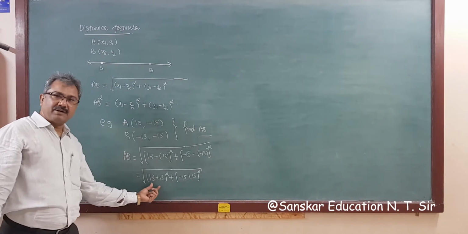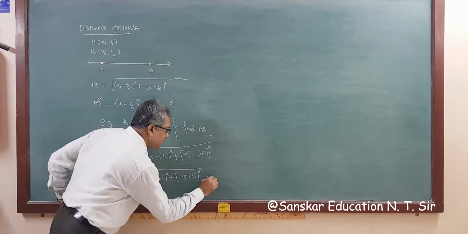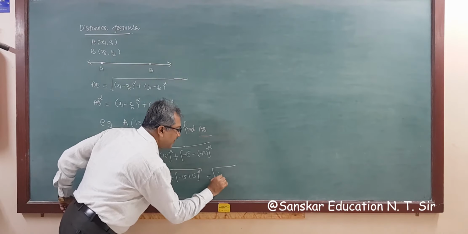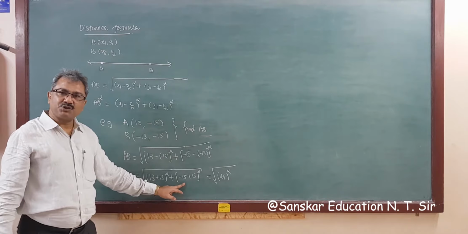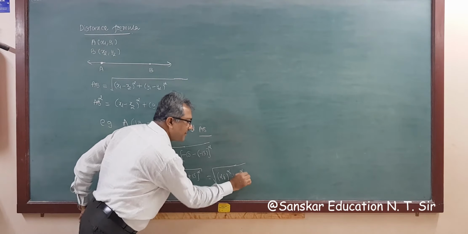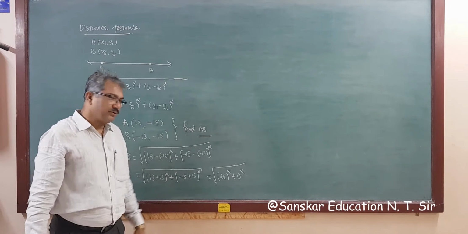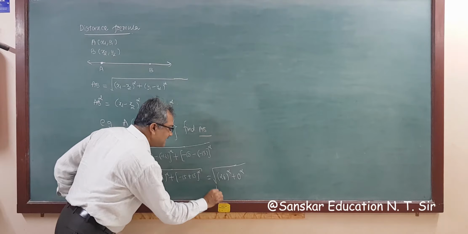Now 13 plus 13 is 26, right? So what we get here is the square root of 26 whole square plus 0 square. Now 0 square is 0,